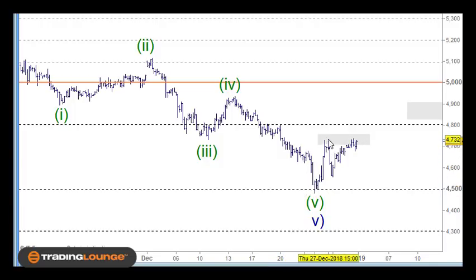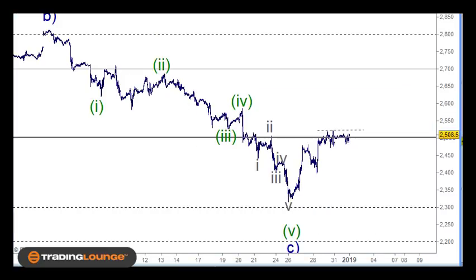So we can look at this as an A and a B and a C wave coming into this space here, perhaps making another high and then moving down. I don't want to call any trades in on this just yet here. So let's just see how the year opens for these. And this is the same for the FTSE as well. So with the FTSE here,